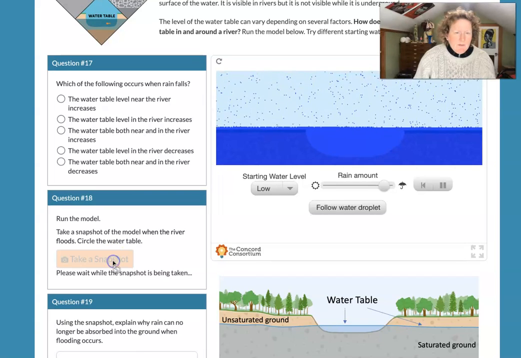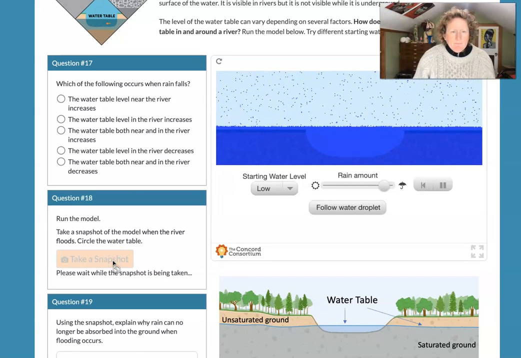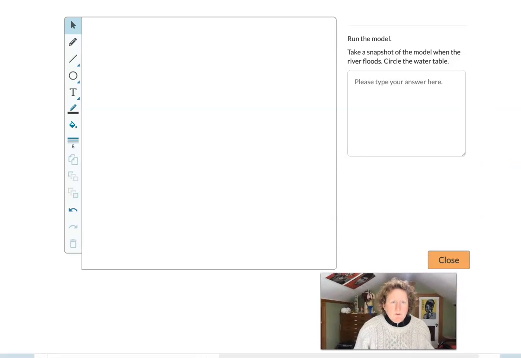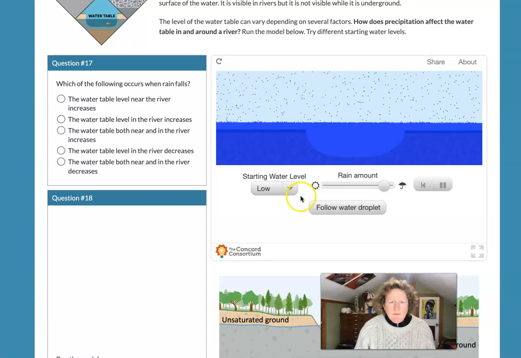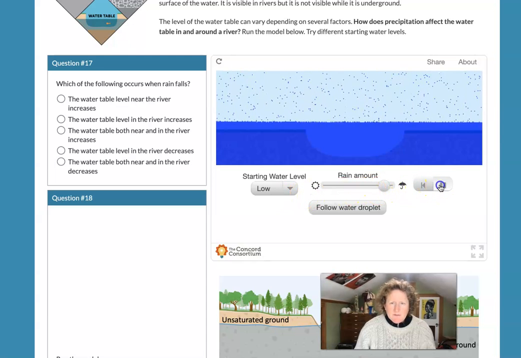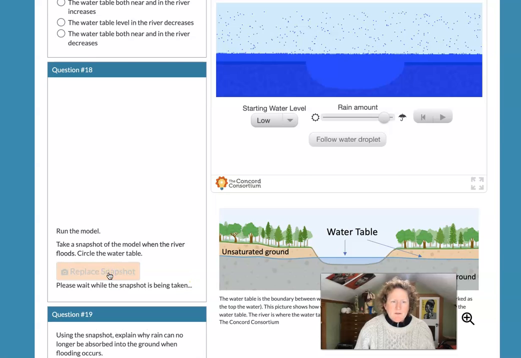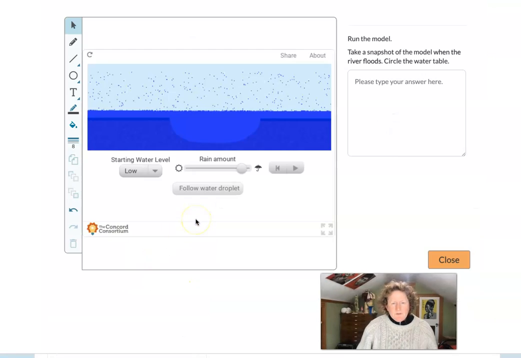So let's take a snapshot here. And if you're having trouble with the snapshot feature for some reason, just hit refresh in your browser. I forgot to hit stop here. I have to hit stop, and then I can take a snapshot. So if for some reason it isn't taking a snapshot,